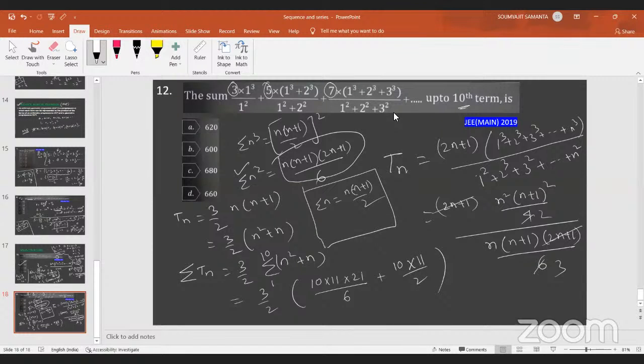If you simplify 2 and 5, you will get 3, 5 and 3, 7. So 5 and 11 you can take common. 3 by 2 into 5 is on both terms, so you can take it out. 11 also you can take out. So we will be left with